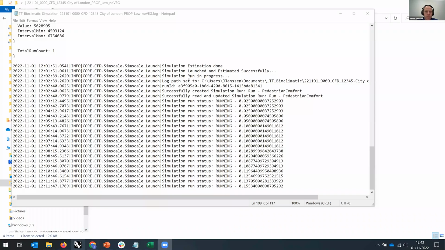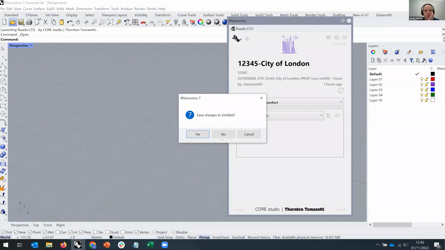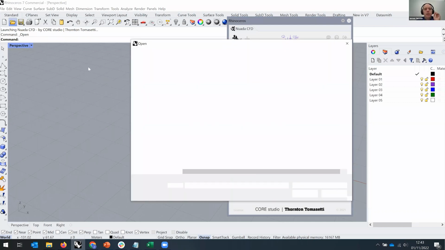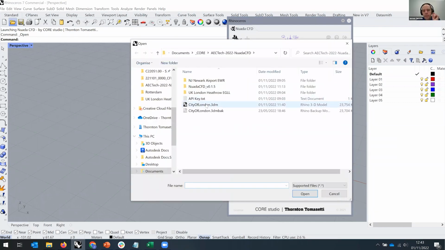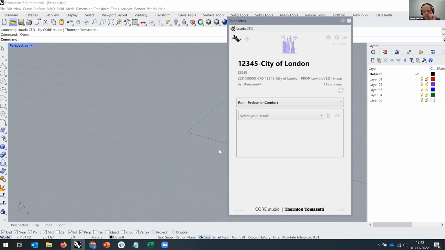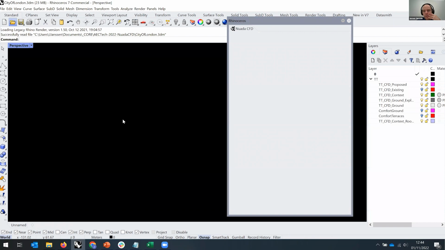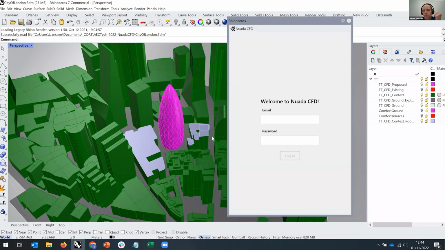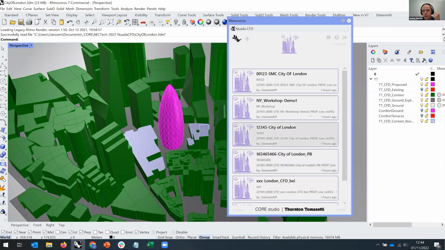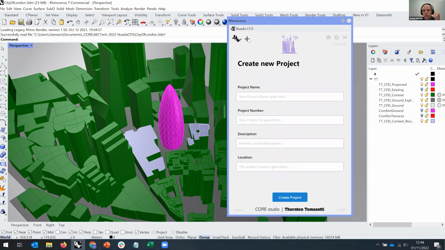And on that part, what you do is, let me load the London model again. You choose which directions you want to run, and there's no climate data attached to it. So that would be a single point in time in a way, right? So if I create a new project again,